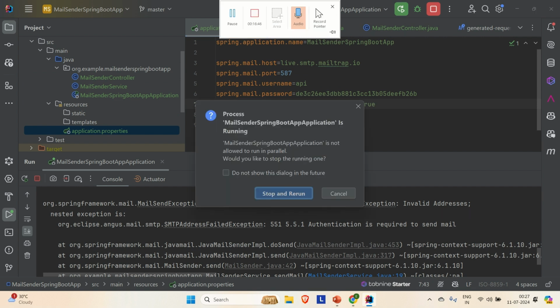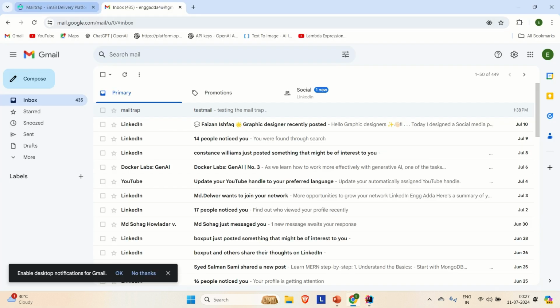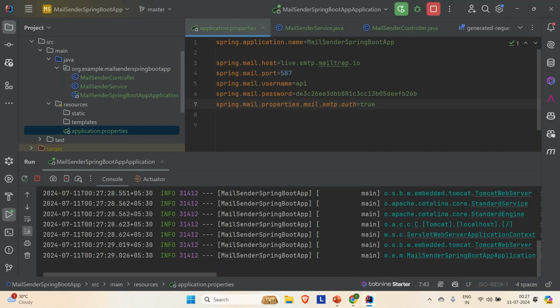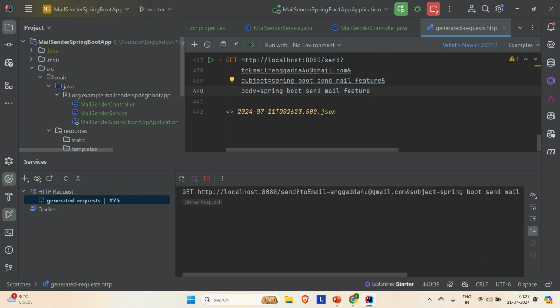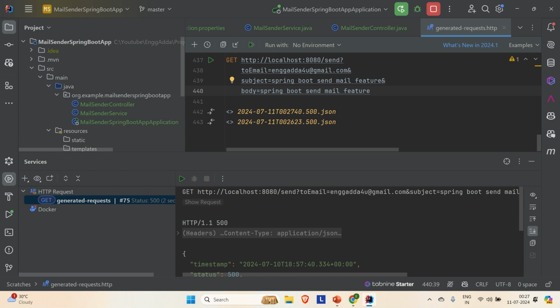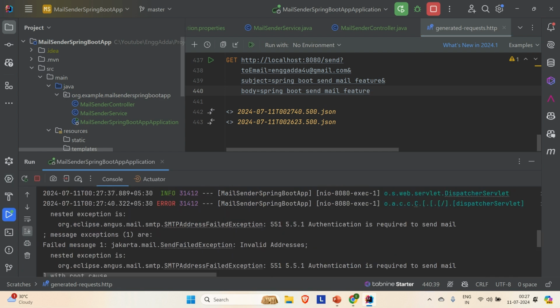Let me try to rerun this and then see if it is working now. And what about this one? If I go to this, this is the host that we already copied. Everything looks good to me. I'm not sure why it is not working. So let me try to hit it again and then see. Okay, still we are getting the error. Authentication is required to send mail, and